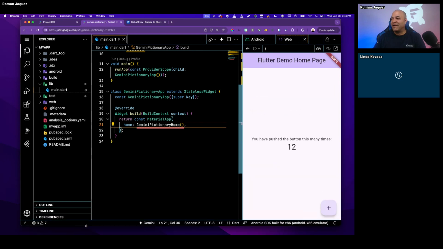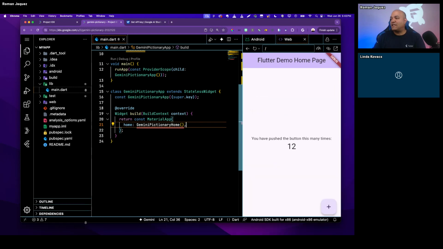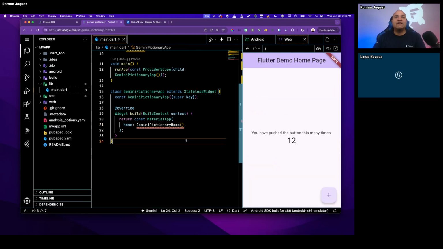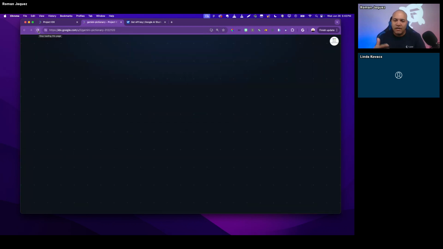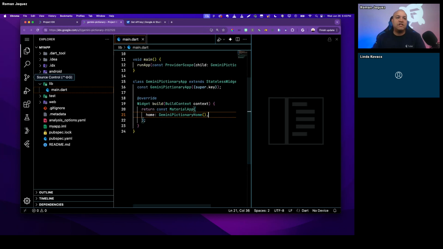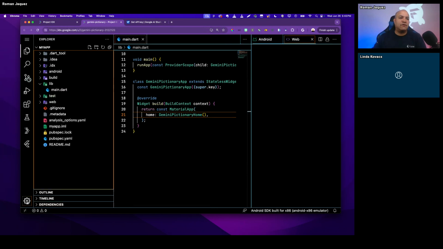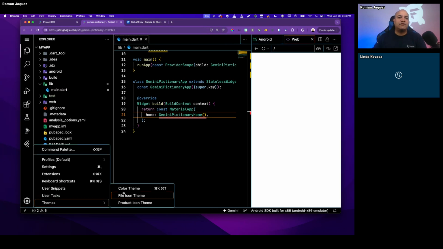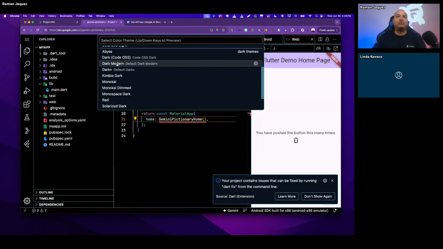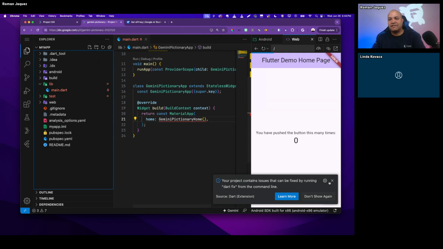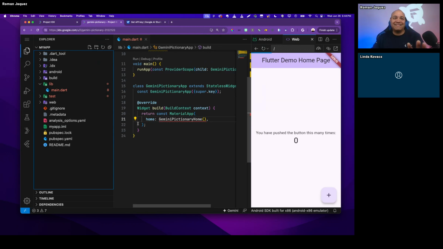Okay, so here we go. Yeah, you can switch that. Okay, so let's continue. Let me just refresh because something happened here. The cool thing is you could just reload and you're good to go. Let's continue. That was the light. What was the theme that I picked? I thought I did dark, high contrast dark. Let's do dark modern, because there you go. That's the one I had. I like this, so let's keep it. Okay,